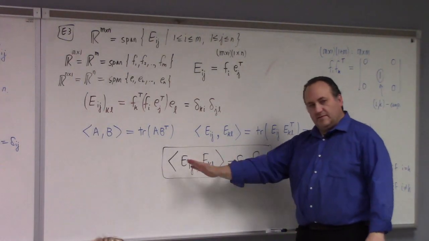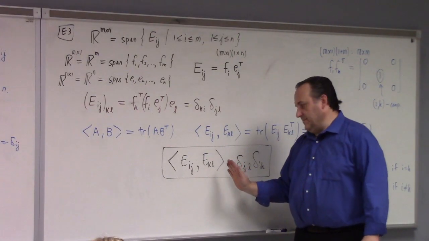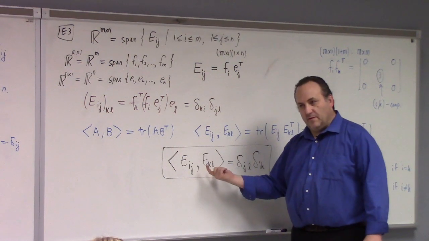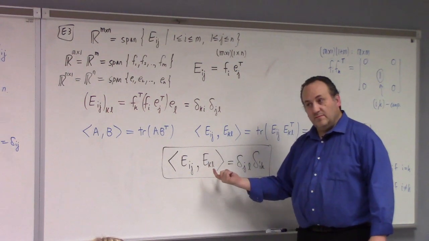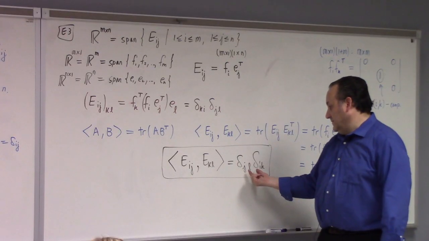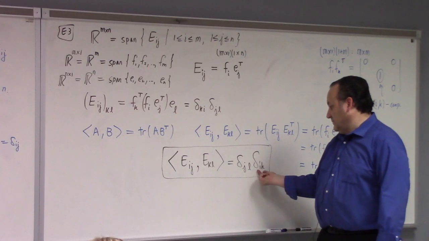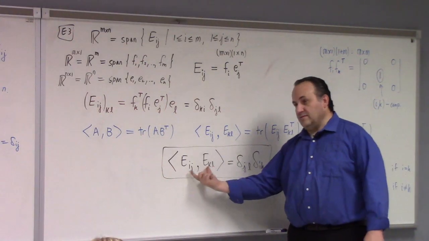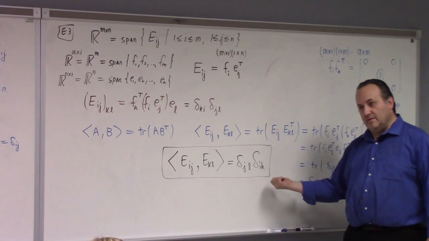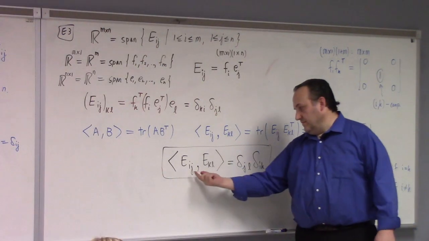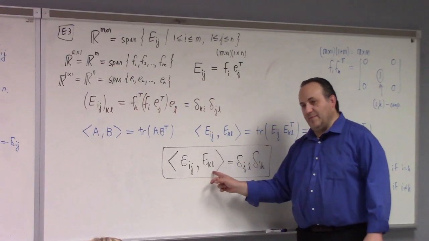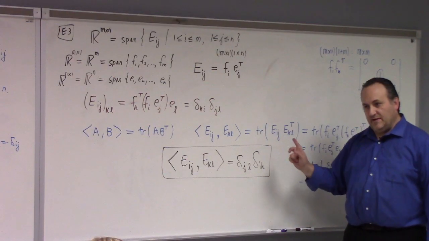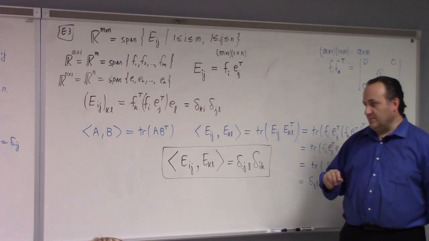So if these are distinct, that means that at least one of the index pairs, either the row with the row or the column with the column, disagrees, which then means that either this one, which is based on the column index, or this one, which is based on the row indices matching, is 0. Therefore, if these are distinct, the inner product is 0, which is to say they're orthogonal. Are they length 1? Well, if I is equal to k and j is equal to l, that makes them the same, and that makes this equal to 1 times 1. So yes, the matrix units are orthonormal with respect to the usual